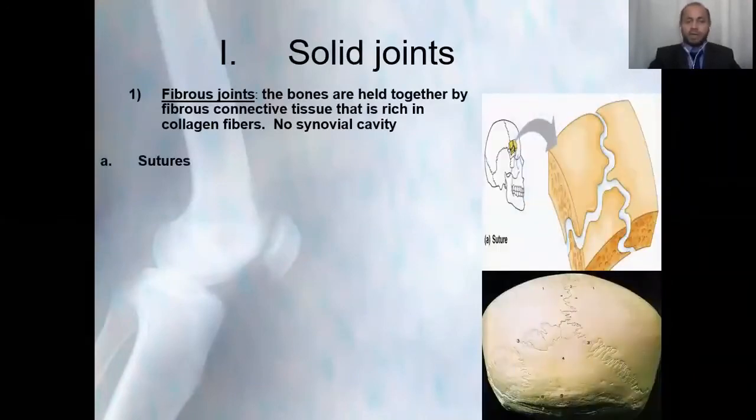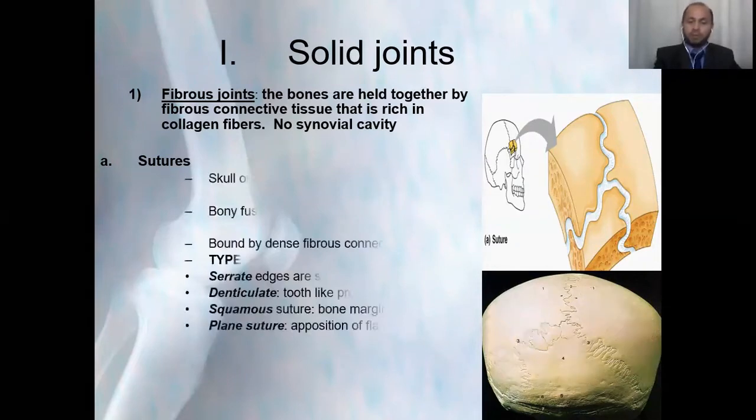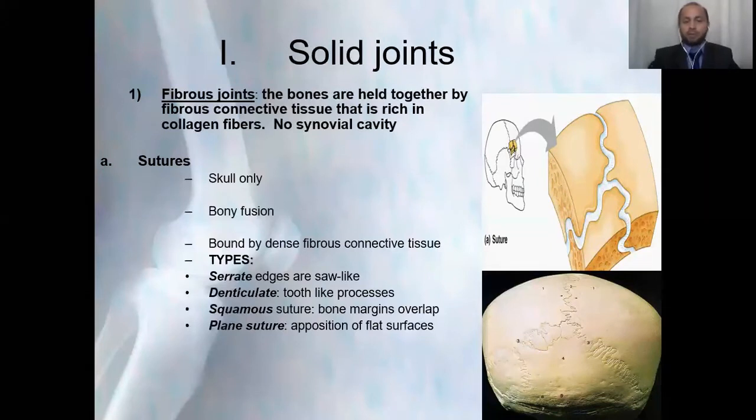One more thing I would like to mention here: the sutures are further divided into two types, or some books say four types of sutures. I have mentioned here the four types of the suture. This classification of the suture is according to the edges of the bones which meet together to form the joint.